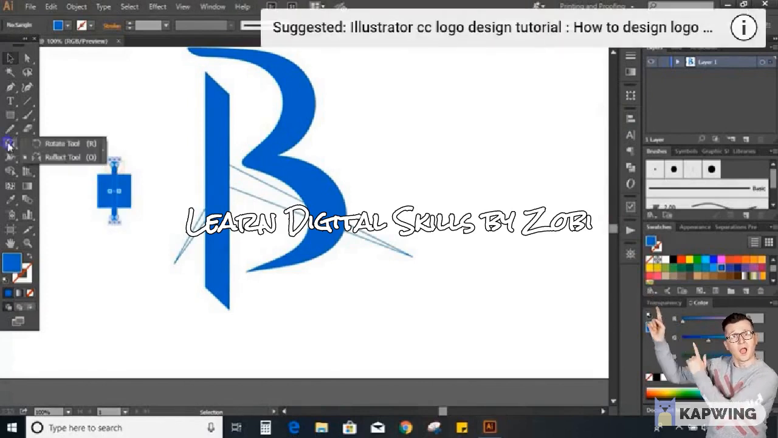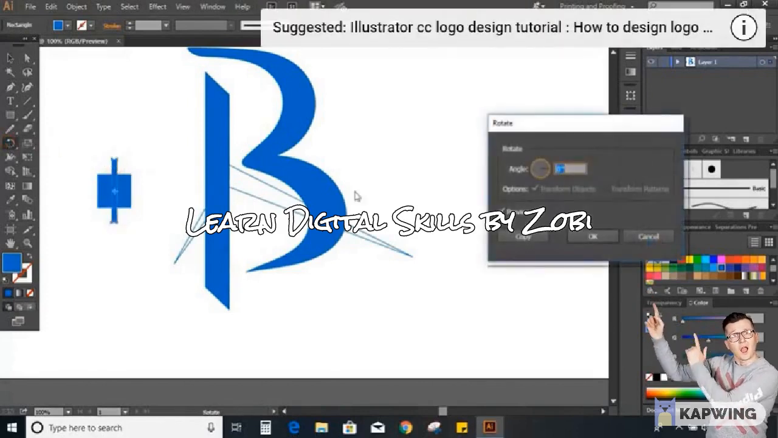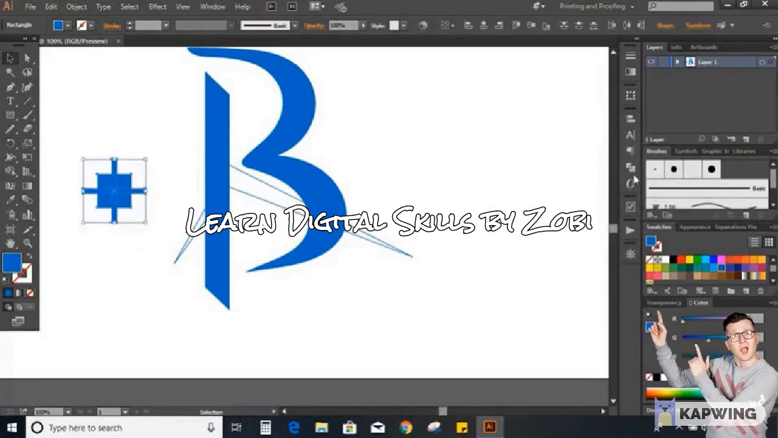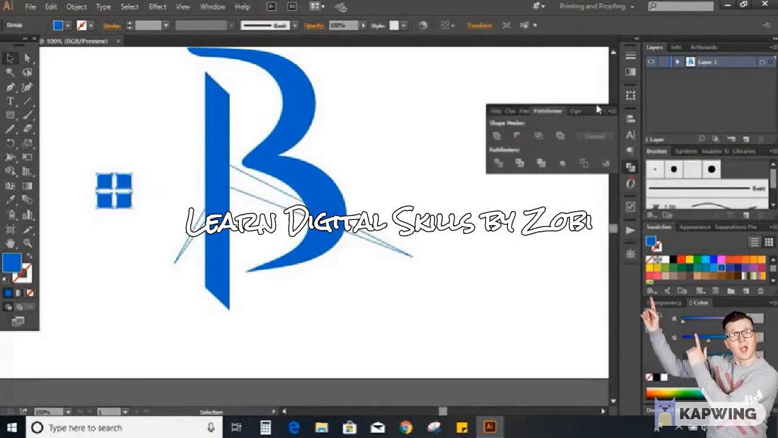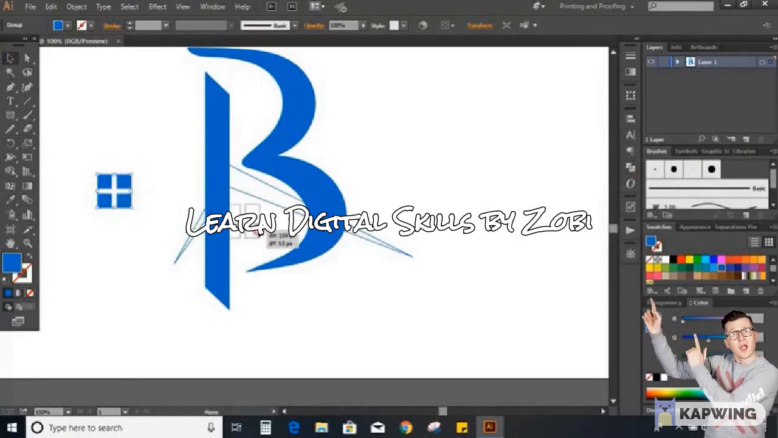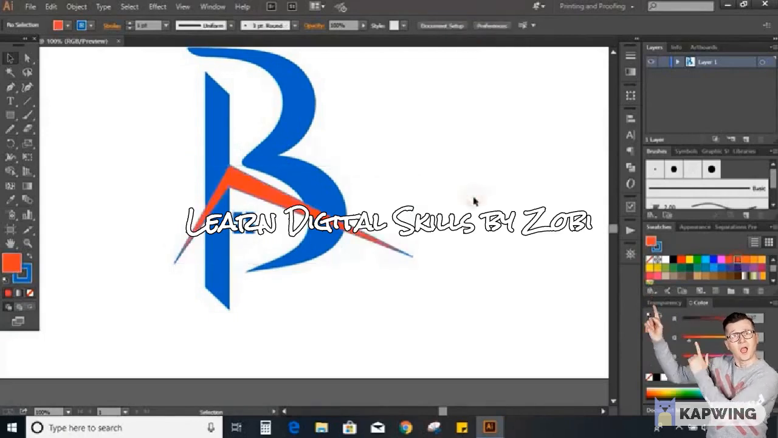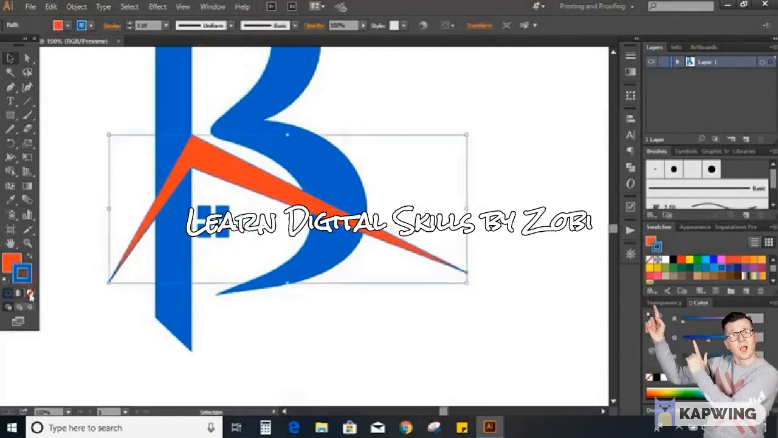Now select this and double click on rotate tool and make a duplicate. Now select all and do minus front. Now bring it here. Now it looks perfect. Now fill the color. Remove the outlines